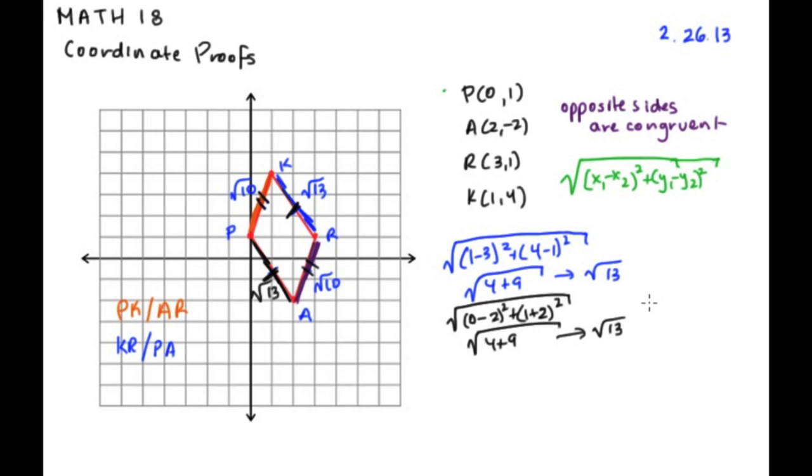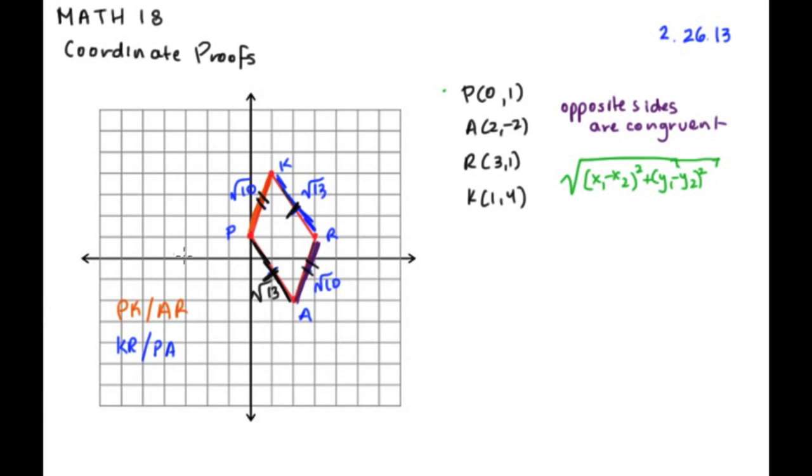So, by definition, if we have a quadrilateral with two pairs of congruent opposite sides, then we know that quadrilateral has to be a parallelogram. So our solution here is: therefore, PARK is a parallelogram